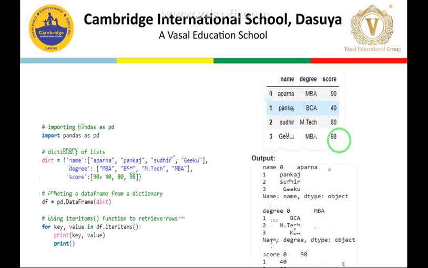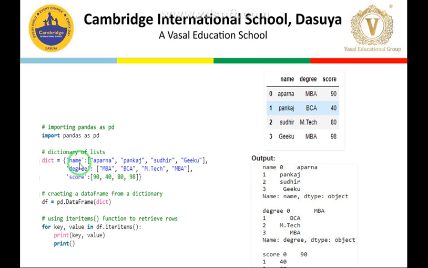The second function we were having is iteritems. Focus very carefully because these functions are very interrelated with each other. So we are applying the operation on the data frame itself, and in iteritems, what do the items basically represent? These are my name, then degree, and then score. So when the output comes here, you see items, clear. Items basically are represented by keys and values.